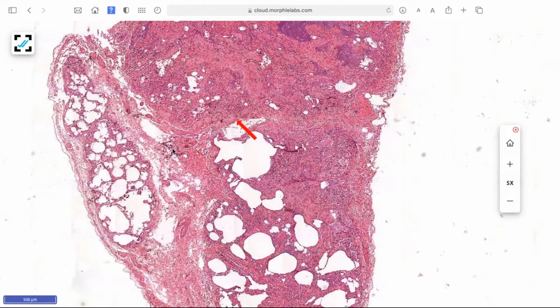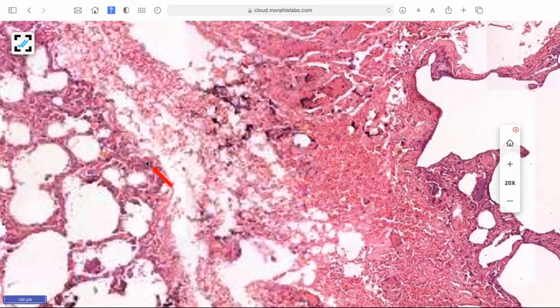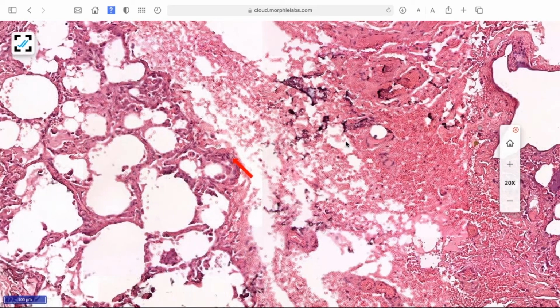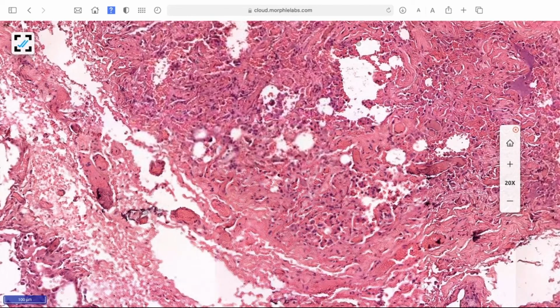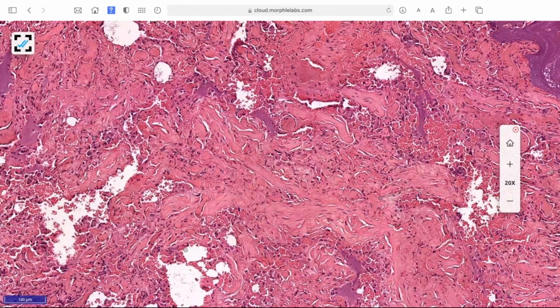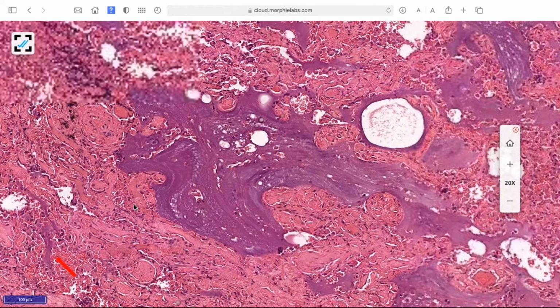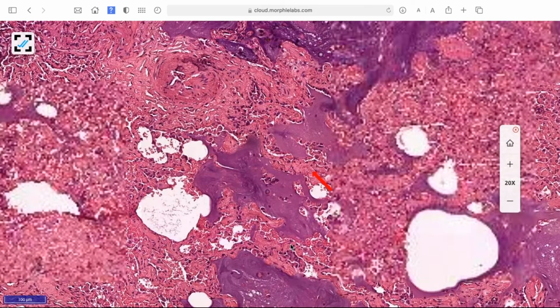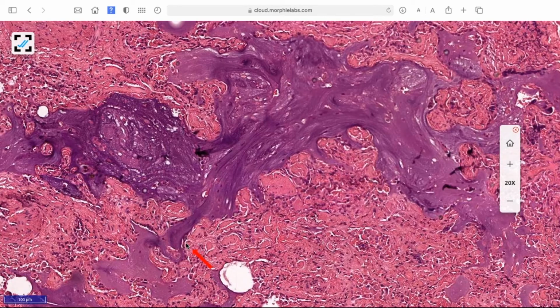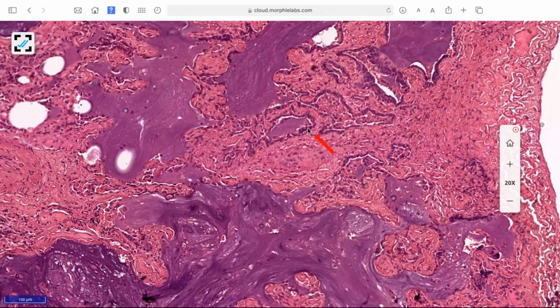So when you see this heterogeneous involvement, normal lung and fibrous lung, you have to think of usual interstitial pneumonia. In that, you can see the air spaces, and then you can see the fibrosis. In the end stage, the fibrosis is so severe, it gets pools of mucin, and sometimes these pools of mucin are lined by respiratory type of epithelium. You can see the pools of mucin here, and you can see the respiratory lining epithelium. What happens is the bronchioles and respiratory bronchioles come up and start lining the alveolar spaces. That's why the honeycombing is there, lined by respiratory epithelium.